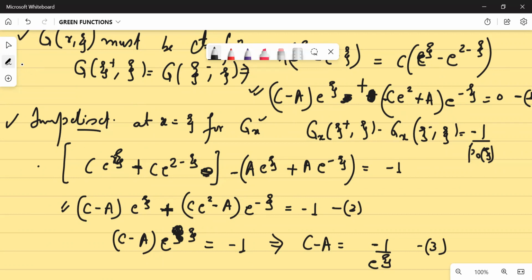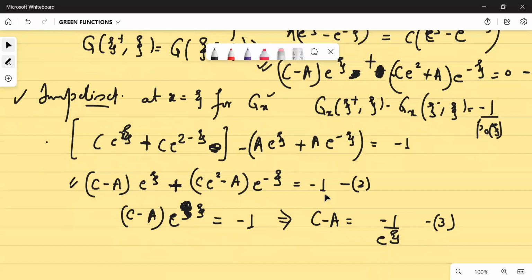if I subtract 1 from 2, we will get a factor of 2 also. When we add, we get 2 times, sorry, we'll get 2 times, so I'll write 2 here. So if I add these two and subtract 1 from 2, what will come? c e square minus a e to the power minus zeta, and minus minus will become plus e to the power